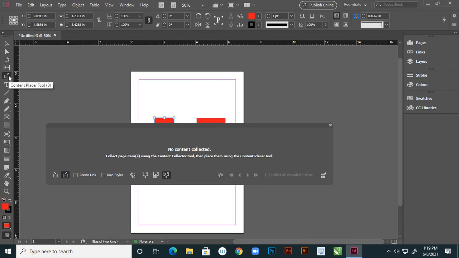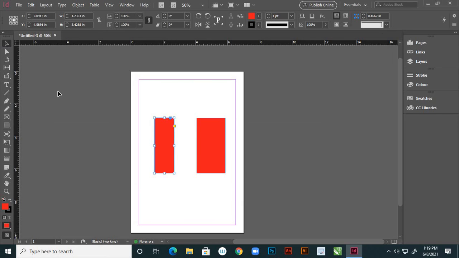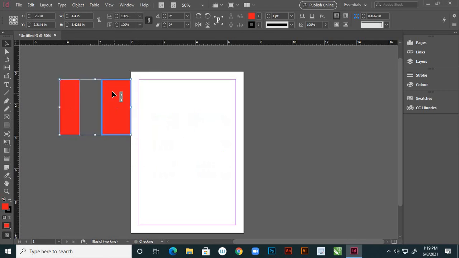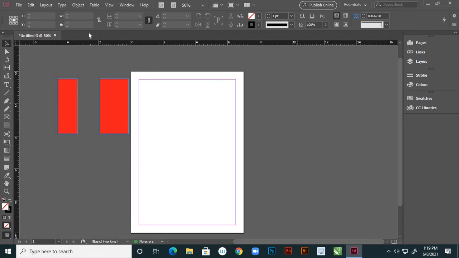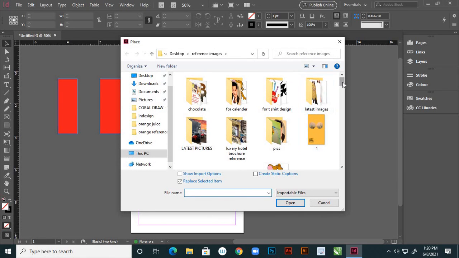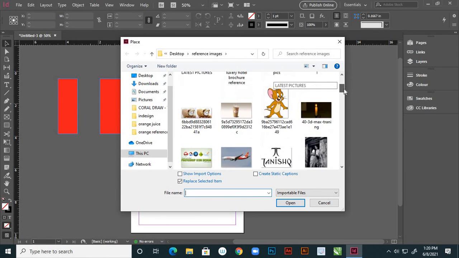First you have to import some content. Suppose of course these are also contents, but apart from this I want to place some content. So content means here some information, some photographs, anything.